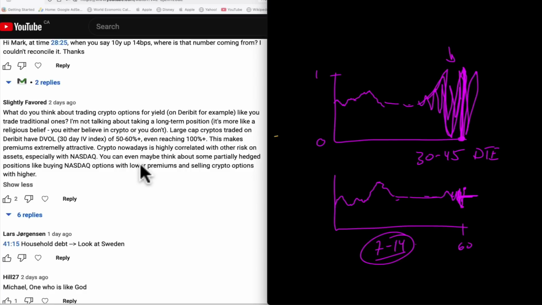This one's asking about trading crypto. If you've listened to me for any point in time, you know that I have no belief in this stuff at all. This is purely just gambling chips on a table. If you're playing with crypto, that really is all it is. It is a tool for money laundering and criminals, and when it's not being used for that, it to me is the same as going to the blackjack tables and betting, or the roulette wheel and betting. It has no value other than its gambling value. That is all it is.